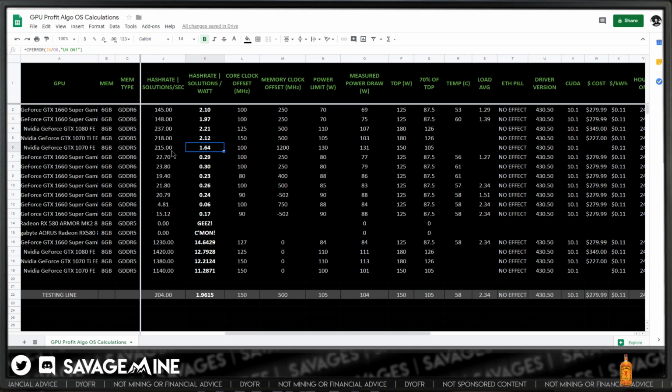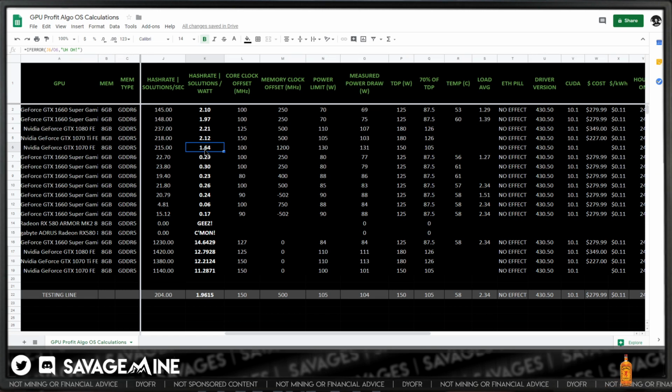So I don't know what his solutions per watt are, but whenever you're mining speculatively and you're worried about profits, which we all are at this point, because it's not like it used to be where you could just turn on a rig and make $20 or $30 a day, you have to be a little bit more critical and pay attention to the solutions per watt.